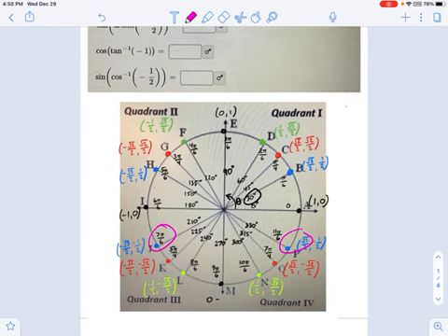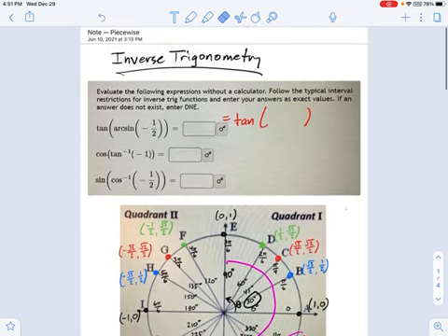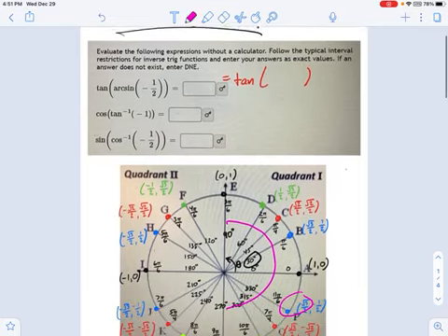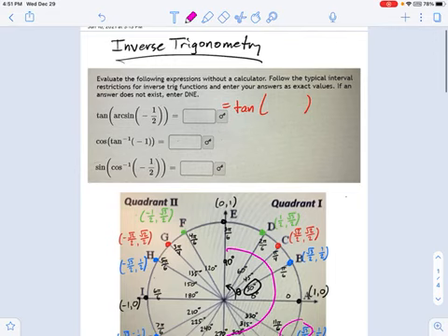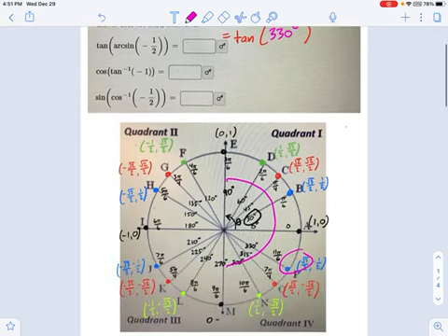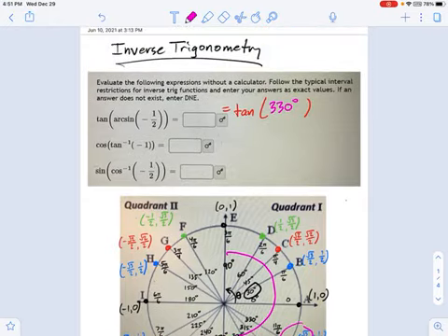Now you have to remember we're using a limited range of angles. We want to restrict ourselves, since this is sine that we're talking about, to quadrants 1 and 4. So that angle is not going to be used. We're only going to use 11 pi over 6. Or if you prefer to think in degrees, we can do that. 330 degrees. Now the tangent of 330 degrees, you should have that memorized, but it's -1 over radical 3.